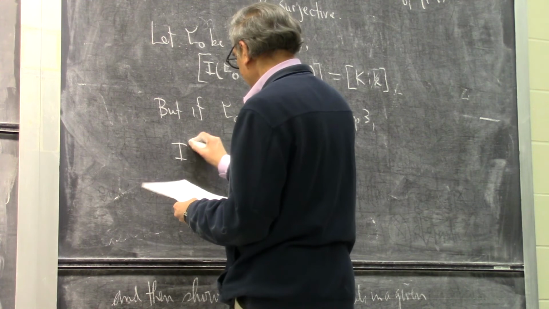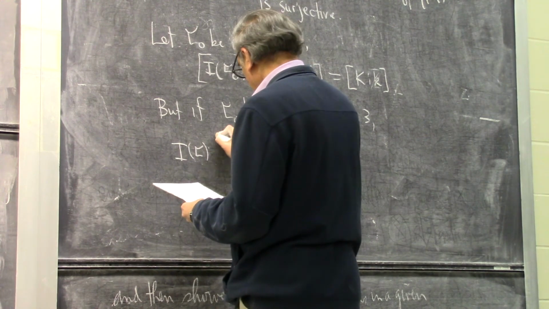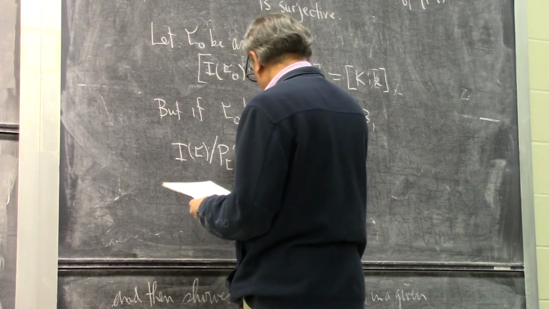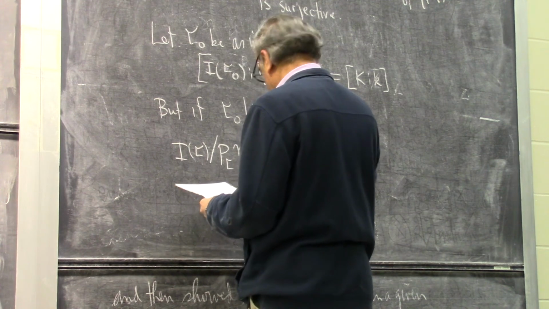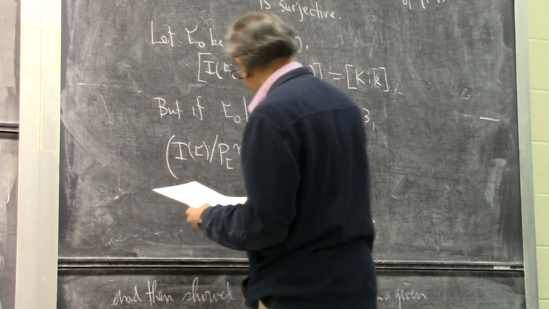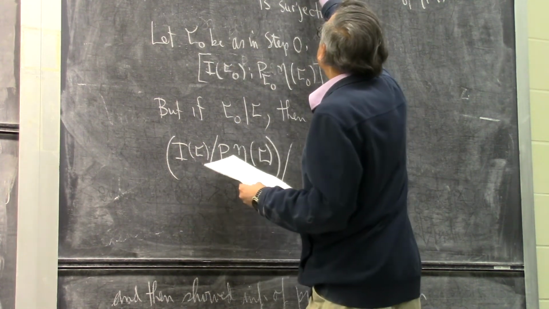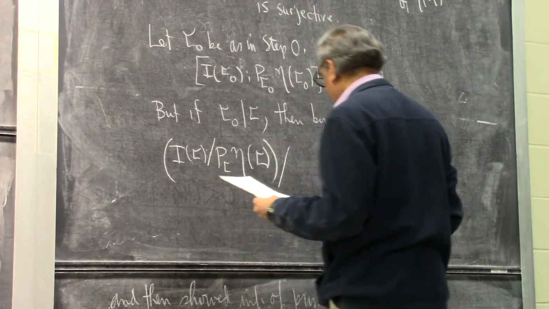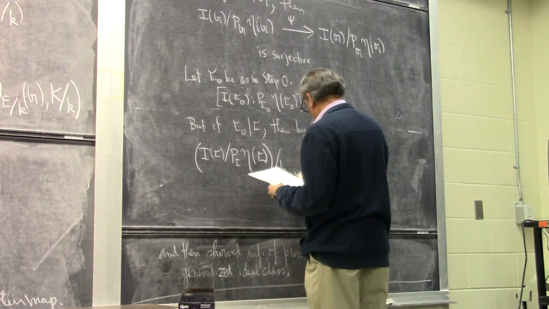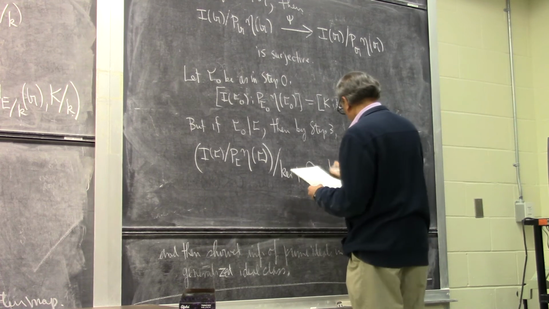So I_C modulo P_C norm C modulo the kernel of this map. Let's call this psi, this natural map. Kernel of psi is isomorphic to I_C naught